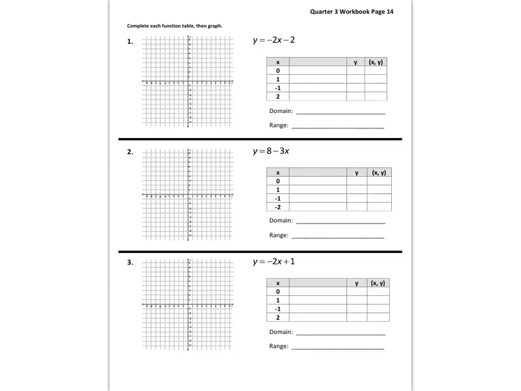Let's do number 3 together. So you see I'm plugging in 0, so I have -2 times 0 plus 1. -2 times 1 plus 1. -2 times -1 plus 1. -2 times 2 plus 1. I solve it. 0 plus 1, -2 plus 1, 2 plus 1, and then -4 plus 1. So my ordered pairs are (0, 1), (1, -1), (-1, 3)